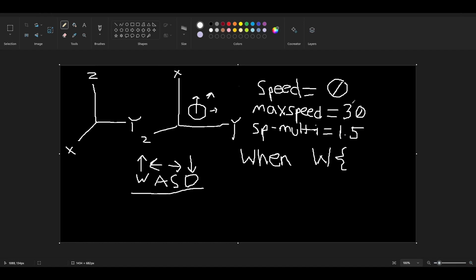So every time the loop cycles through, our speed equals our speed plus half of our current speed until we reach max. So now we can see that when we hit W, there's going to be a couple of things that happen. First, there's probably going to be an if statement. So if speed is not equal to 30, then we're going to do some other things, like speed